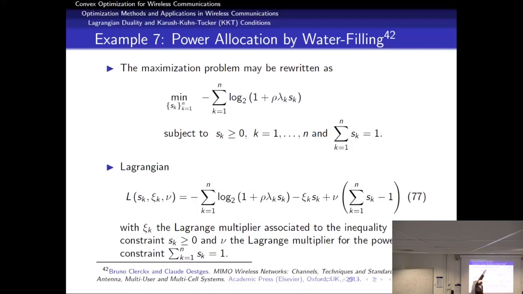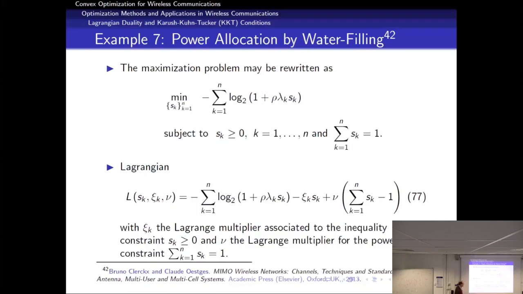And I have a sum over those slots because I'm transmitting essentially over multiple virtual paths, and each of them is allocated a certain power level, right? And those virtual paths are really non-interfering with each other in my MIMO channel. My power allocation is non-negative, and I have a sum power constraint. So I want to allocate all my power, but the question is how to allocate the power across those k